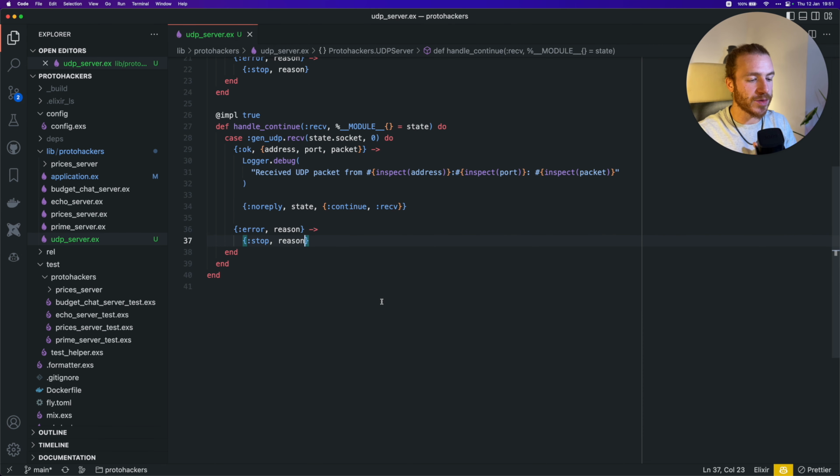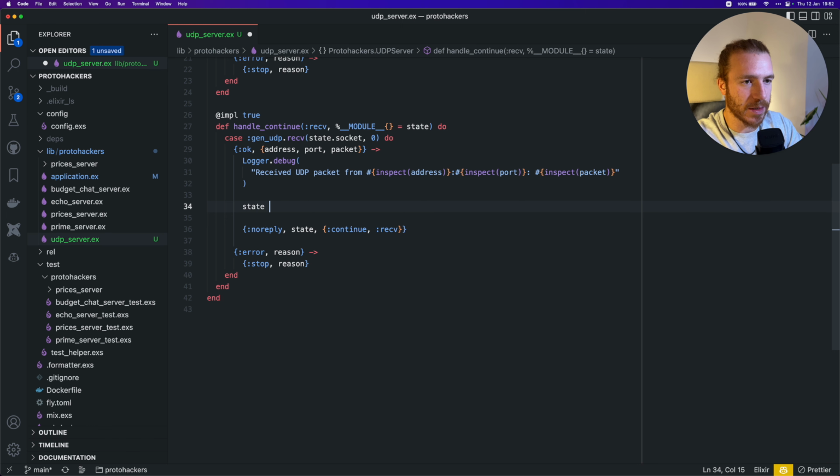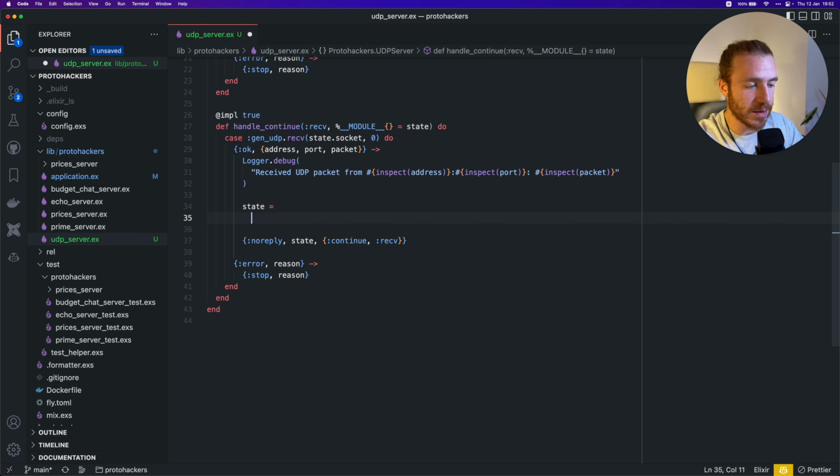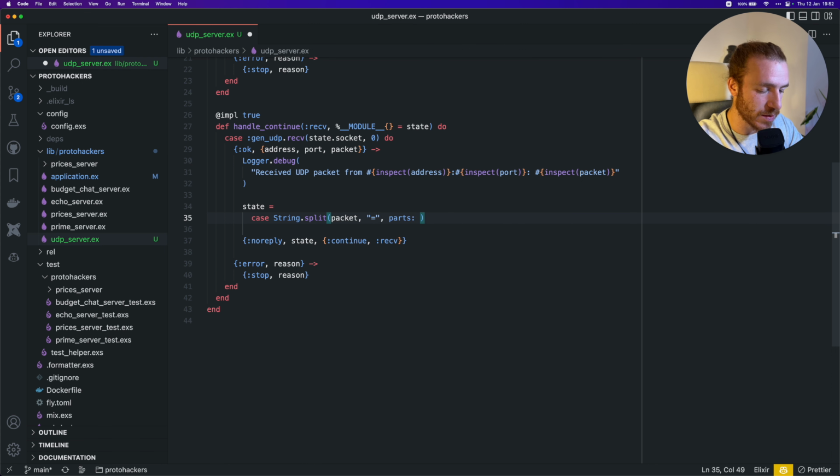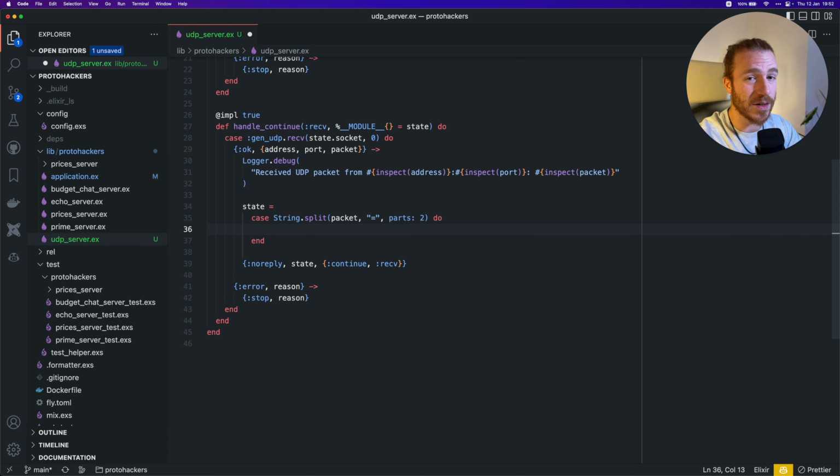Okay, so inserting is pretty straightforward. The only interesting thing about retrieving instead is the way we use :gen_udp.send. Okay, let's write some code. So I'm gonna change potentially the state based on the request, and I'm gonna say case String.split packet on the equal sign, and I'll use the parts: 2 option so that if there are multiple equal sign characters in this string, only the first one is going to be used to split the string, and the right side of the split is going to contain however many equal signs, which is what the problem description specifies.